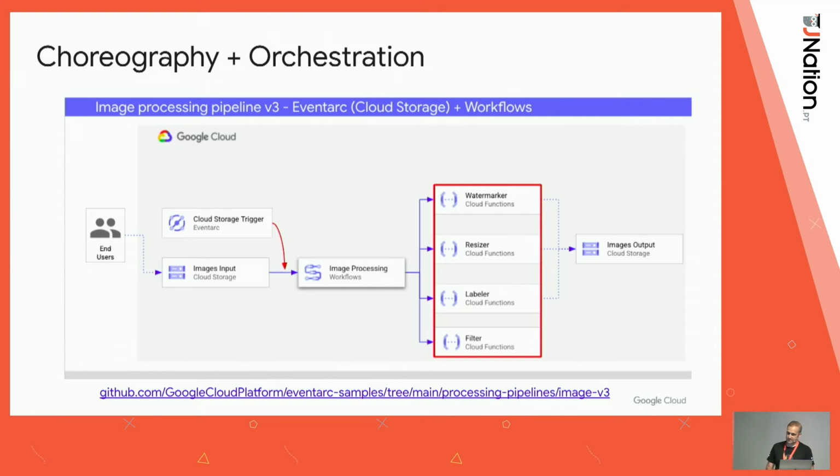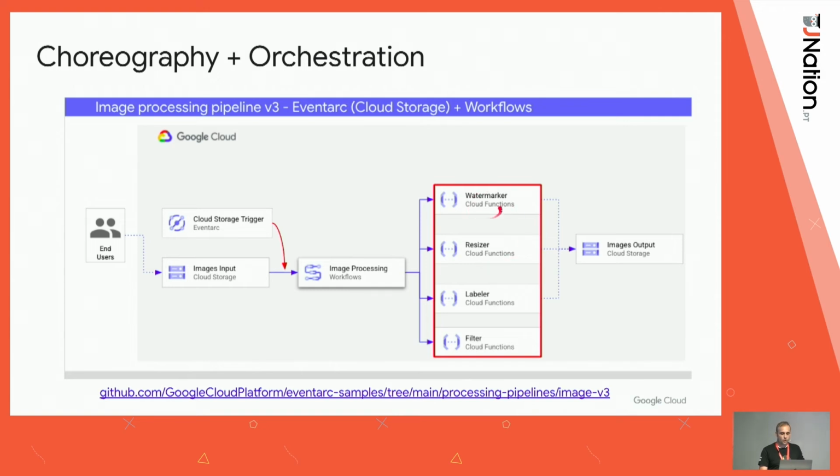For example, in this example, I want to build an image processing pipeline. I want users to upload some images to a cloud storage bucket. And then once that image is uploaded, I want a number of functions to process that image. Now I have 4 functions. The first is a filter function that will filter the images, whether they are safe or not, using machine learning. If the image is safe, it will pass it to the labeler function that will, again, use machine learning to extract the labels out of the image. And then it will call the resizer function that will resize the image to a size that we determine.